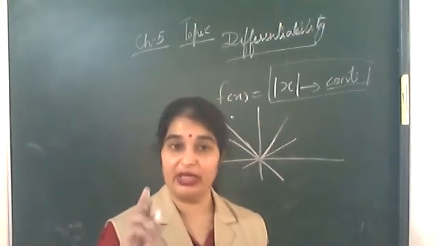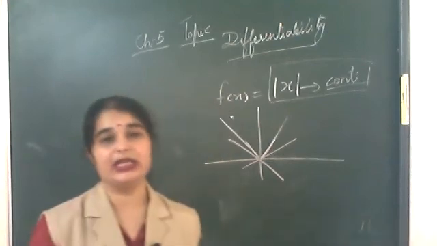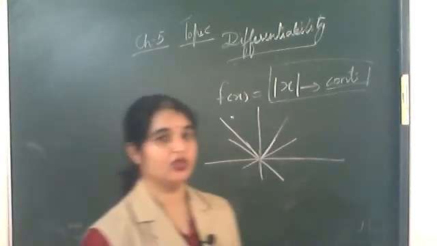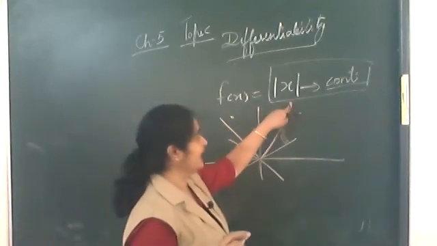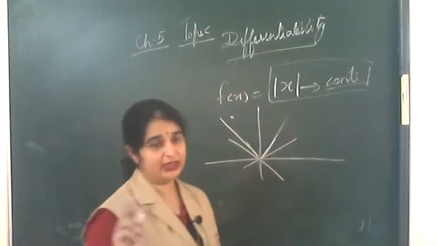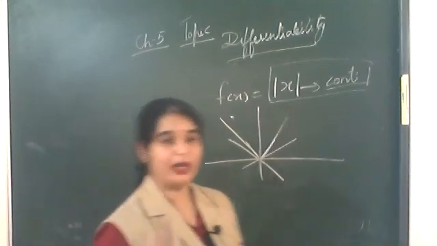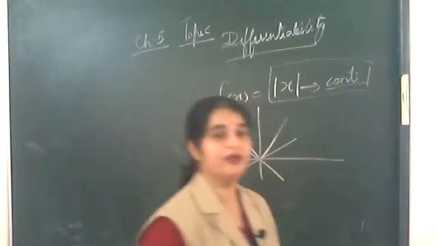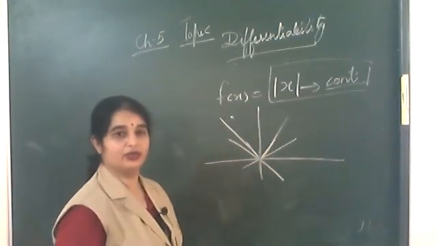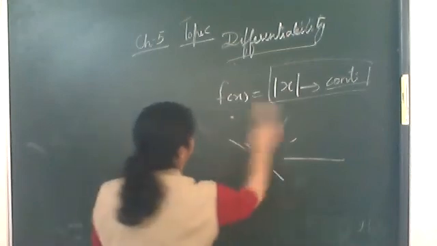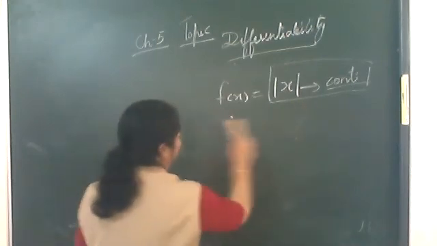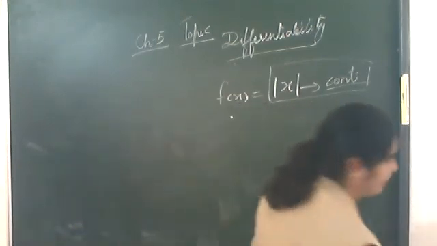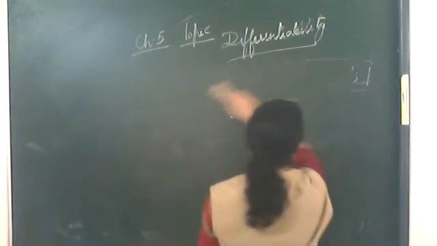I told you, if you can draw a unique tangent at a point, then only it is differentiable. So we have proved it. If a function is continuous, it is not necessary that it will be differentiable also. But if a function is differentiable, then it is compulsory that that particular function is continuous also. Clear? Now how can we prove it? Using LHD, RHD. This is the last topic. Then we will do it next day.